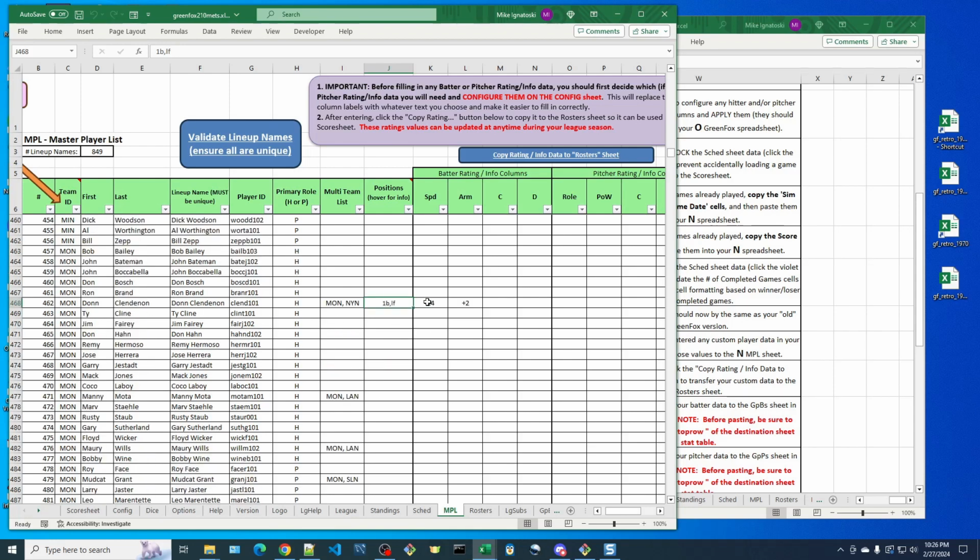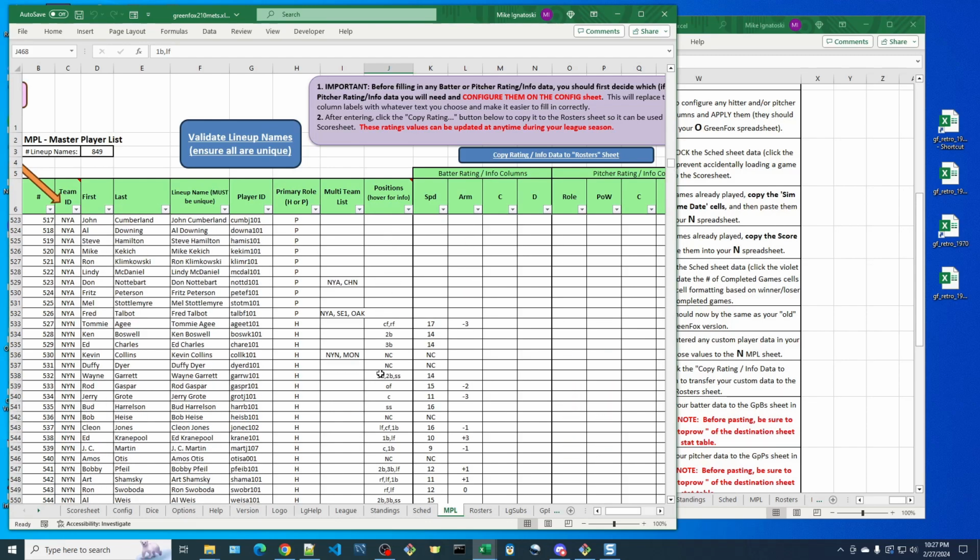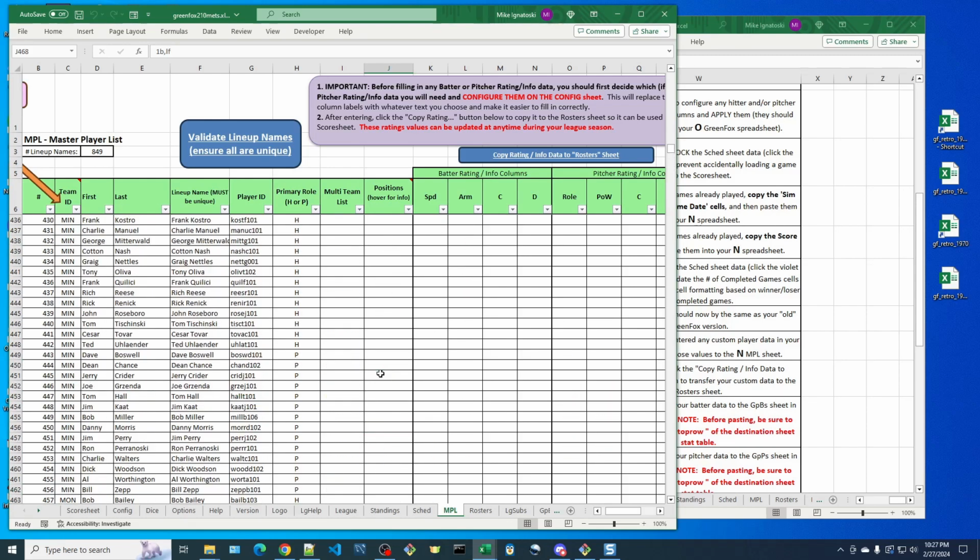And you can see the first one I run into is Don Clendenin, even though he's shown on the Expos, but he finished the year with the Mets. You can see here in this column. So I'm going to copy that, and then farther down here are all the other Mets. Now in this version, this 2.1,